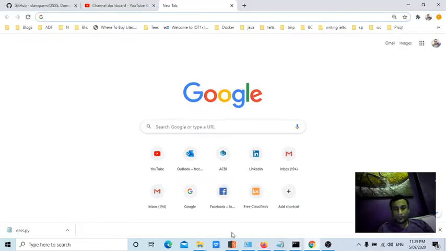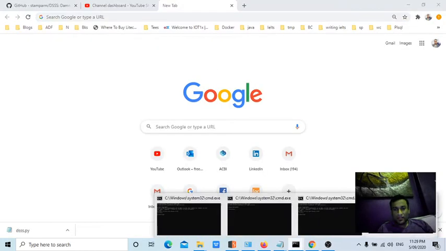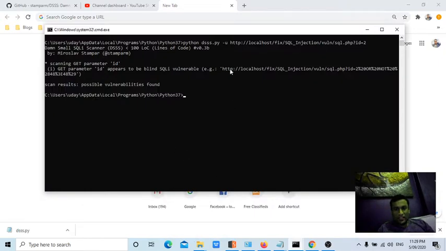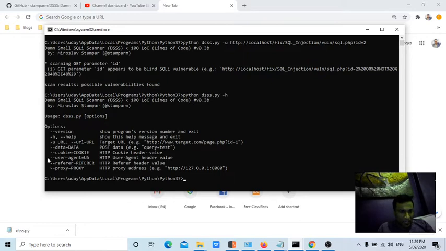Now very important thing is, let's assume this is an internal page. When you pass directly here, it is not scanning, because you cannot access without session ID, right? For that, if you see the help request, it is showing -cookie, you need to pass the session ID.